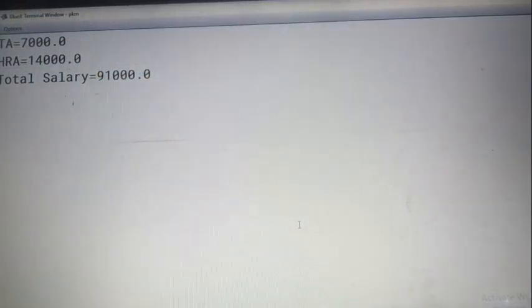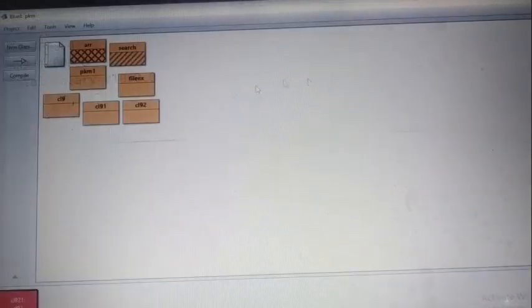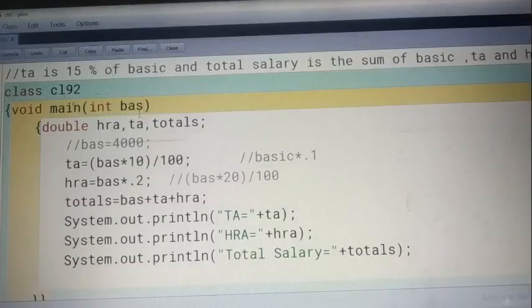Is it okay? So this kind of criterion is called a user friendly program. Because we have not seen any input methods till now, we have to make our program user friendly. In the examination, keep in mind you have to write your program as user friendly. You should not write the normal program where you just call the value 4000 here, because this way you can lose some marks.